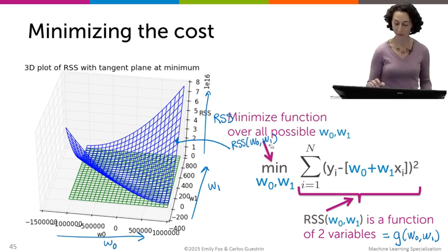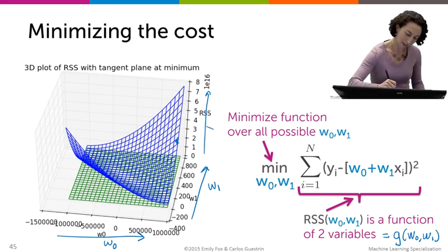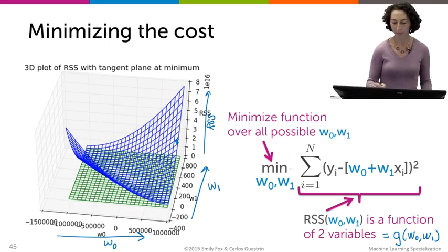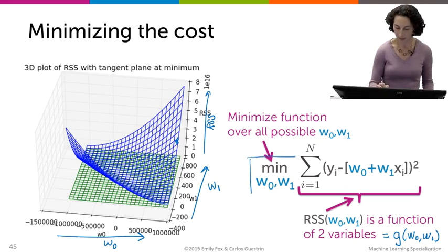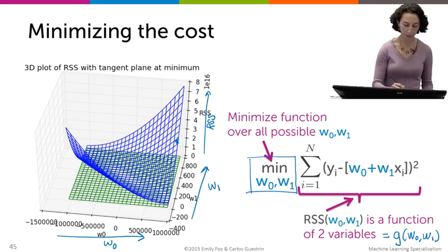Great. I wrote right over what I wanted to show you guys. So let me erase what I wrote before and rewrite it so that it's a little bit more intelligible. But as I was saying, our mathematical notation for this minimization over all possible W0, W1 is this notation right here. Okay, so in terms of the picture, what we want to do is over this entire space of W0